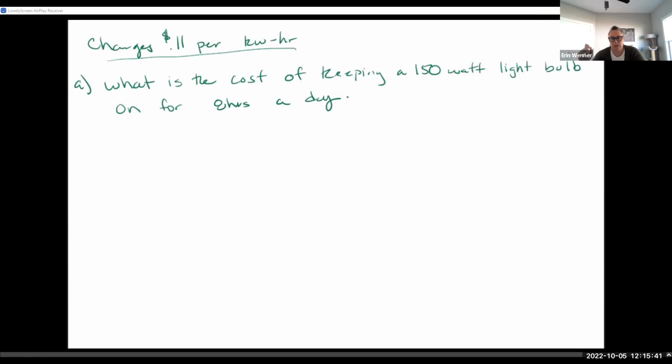And with energy, or with anything that has to do with energy, when it says 150 watt light bulb, or later when we talk about the power plant and how much power it can generate, it's always in a measurement per hour. So when they're saying a certain number of watts, that's how many watts it uses in 1 hour. So when we've got our 150 watt light bulb,